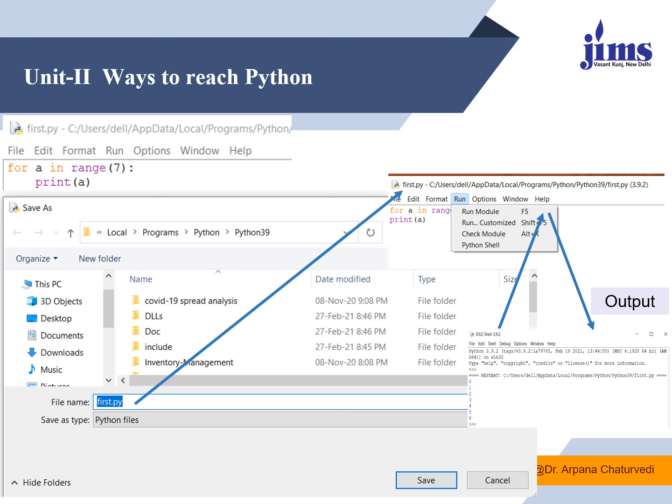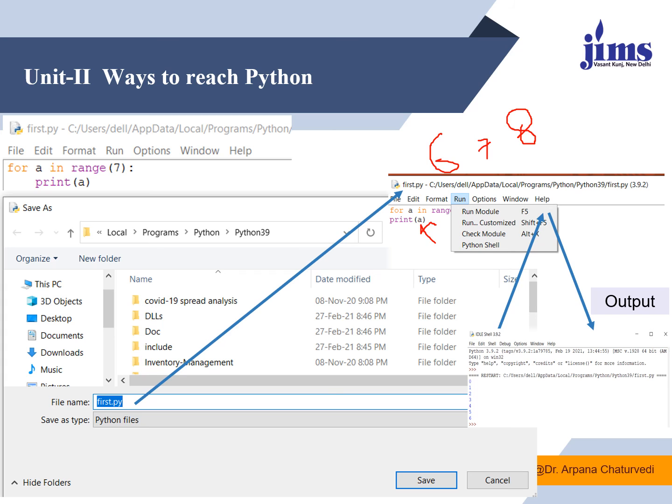And here I have written a script: for a in range, and I am printing the value of a, and I have saved this file as first.py. The range which I have given is 7. It means I want to print the values from 0 to 6. It will not take 7. If I want to iterate the loop for 7 times, I have to give the value as 8. If I want to execute it for 6 times, I have to give the value as 7.